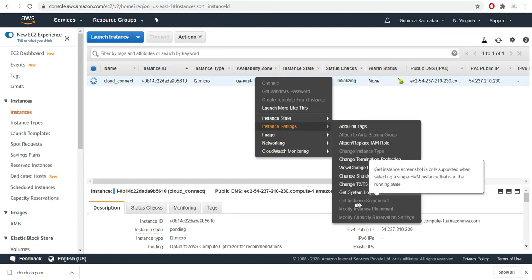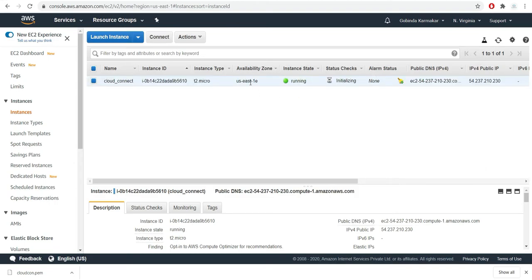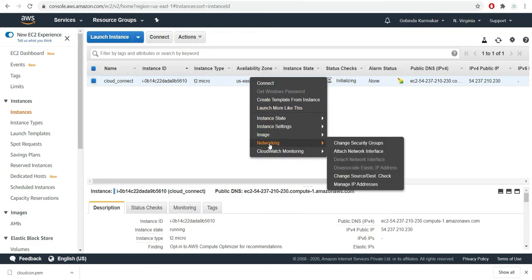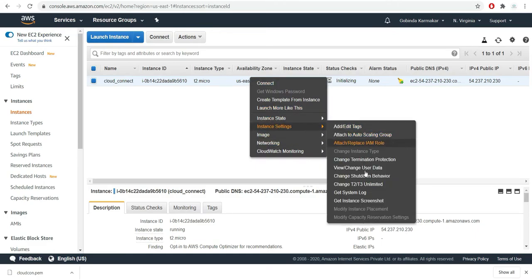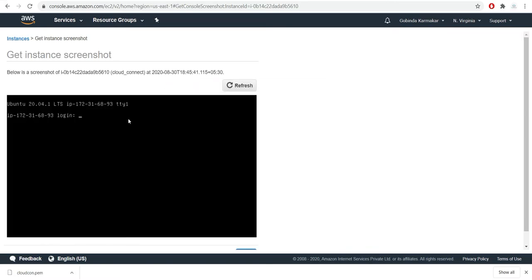See, Get Instance Screenshot. It will show me at which stage my instance currently is. See, it's running. If I go to instance settings and click on screenshot, see, it's ready to log in.